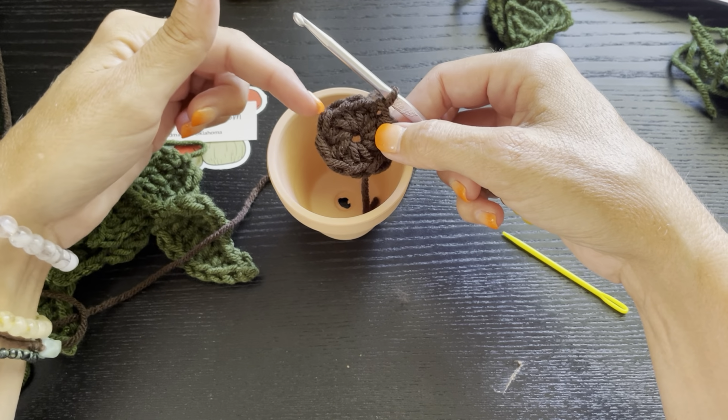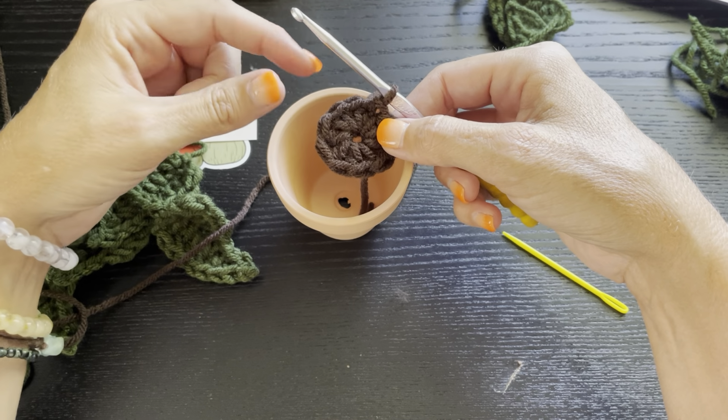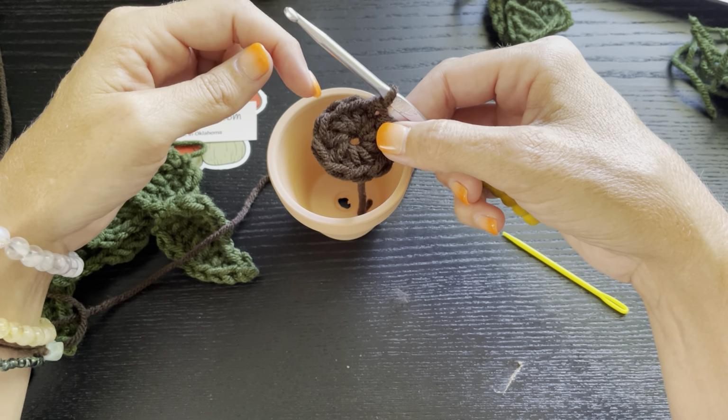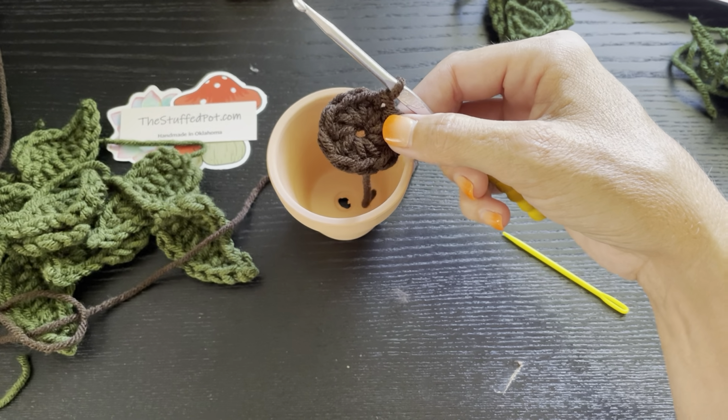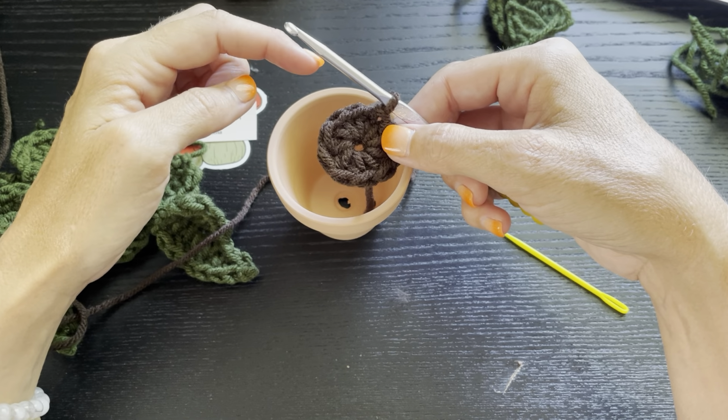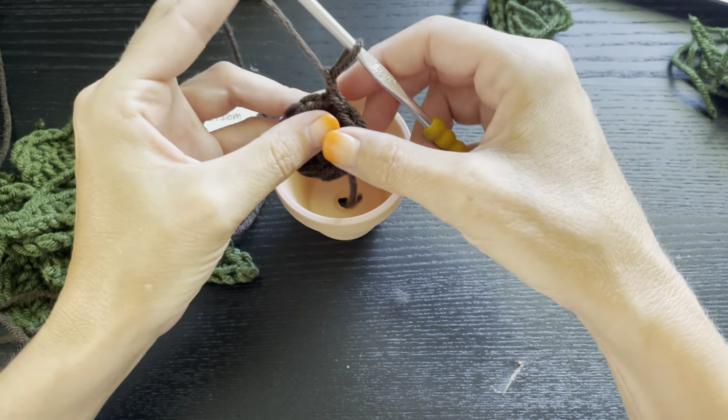For a 3-inch pot, I can usually do that in 3 rows. So this counts as my first row. My second row, I'm going to increase every other stitch, okay? My third row, I'm going to increase every 2 stitches. So I'll go stitch, stitch, increase, okay? Chain up 1 to start a new row,